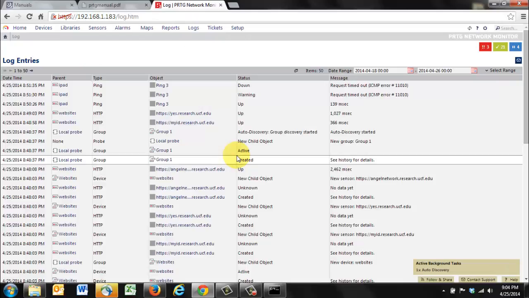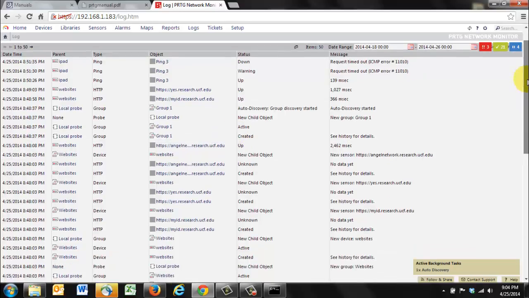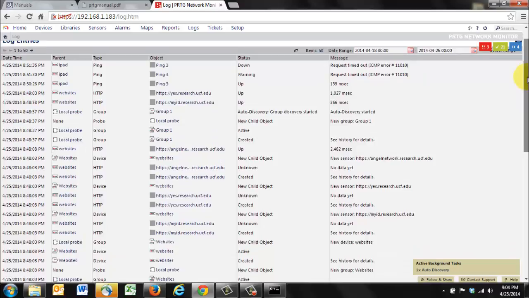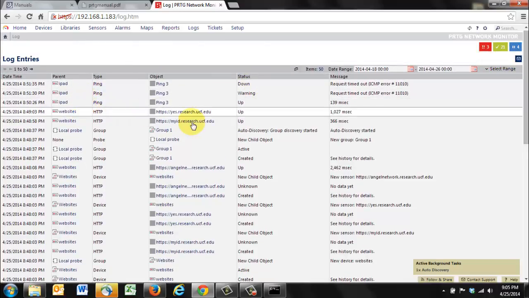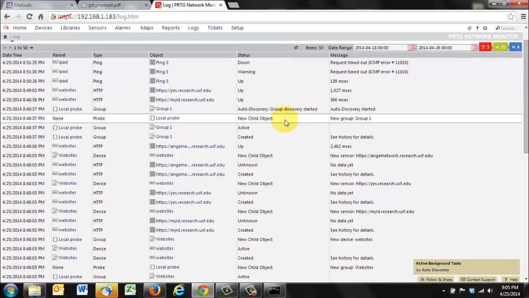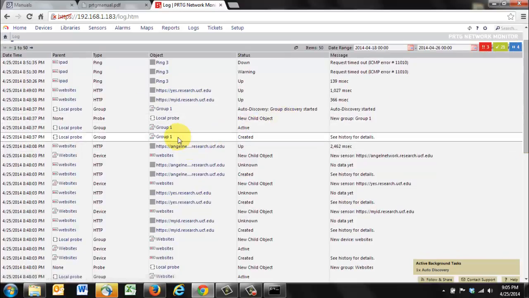So let's move on to the logs tab. In the logs tab, you can see a lot of information on what has been going on in the tool. Let's look at some of the latest actions that were performed. So we added these three